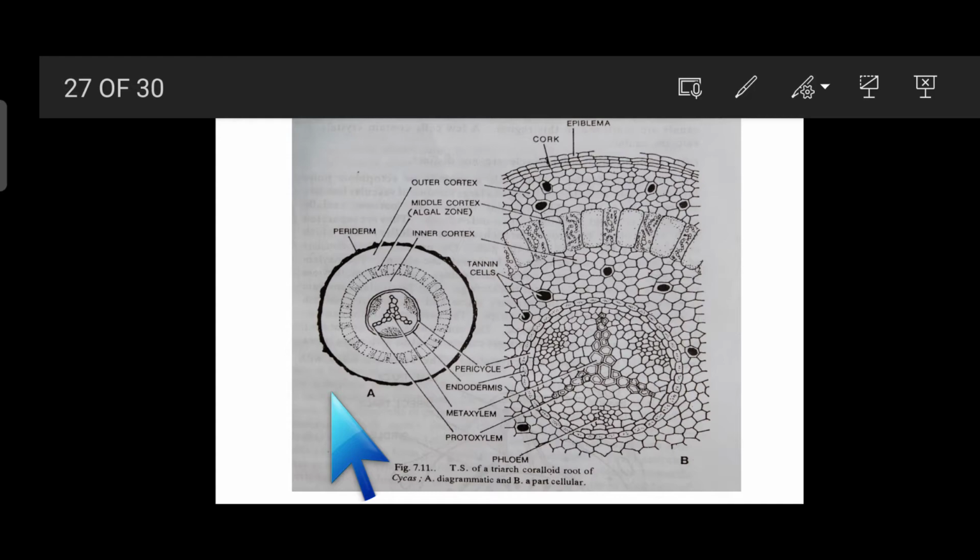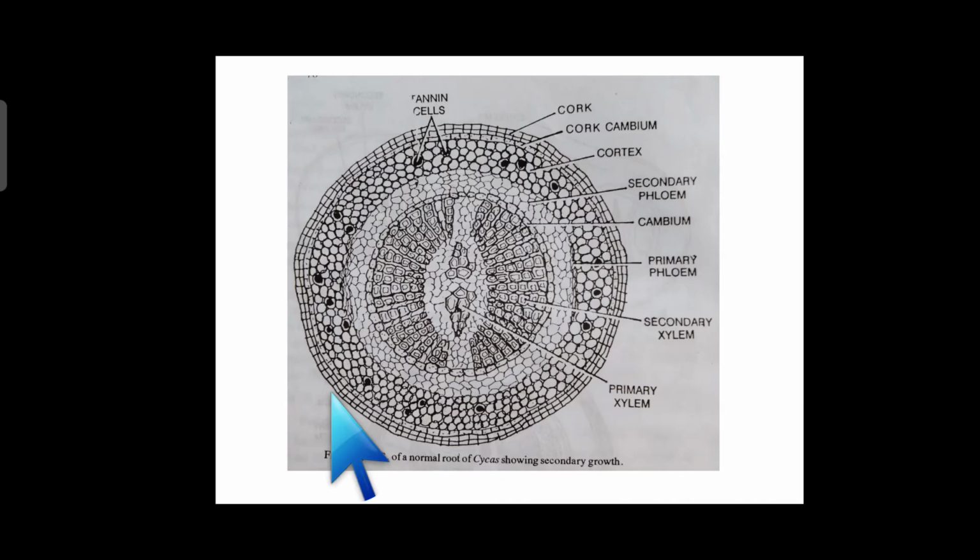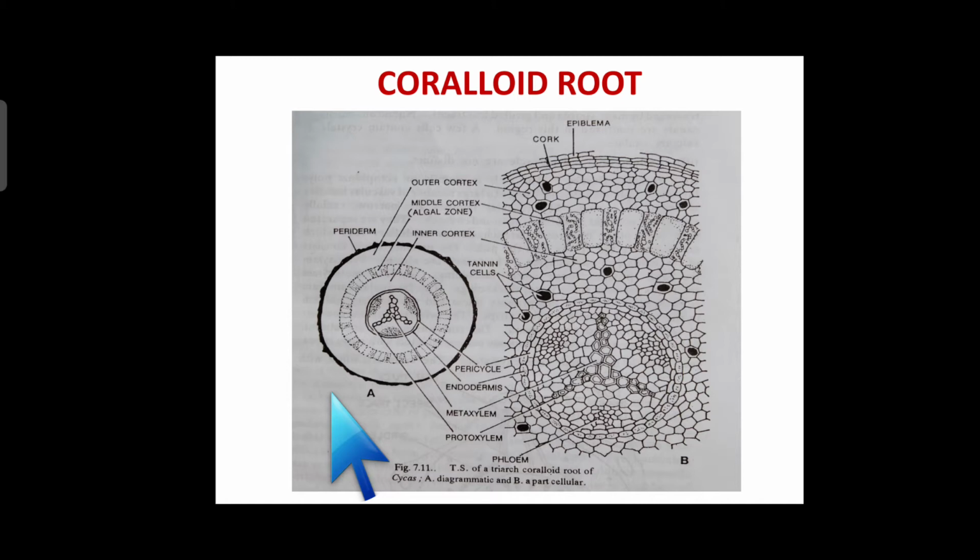Yesterday, in my previous video, we had discussed the secondary growth of the normal root. But in the case of coralloid roots, this secondary growth is poorly developed, and you already know the second difference: in coralloid roots we have the presence of an algal zone in the cortex, which is absent in the normal taproot. Now in the case of coralloid roots, here you can see in this diagram, this is the